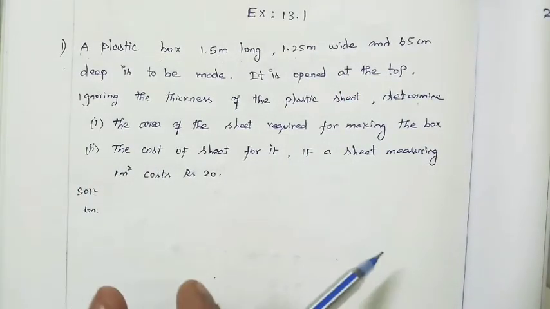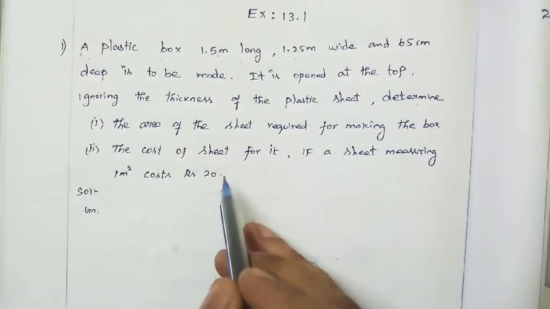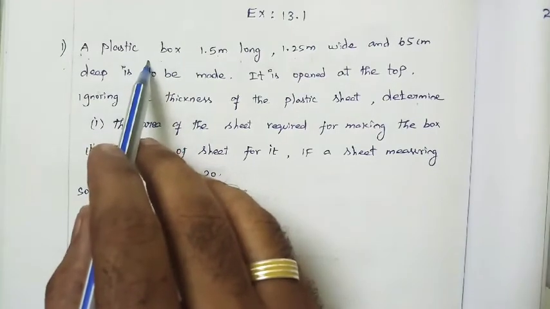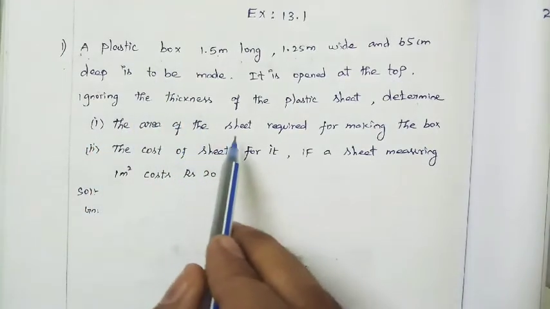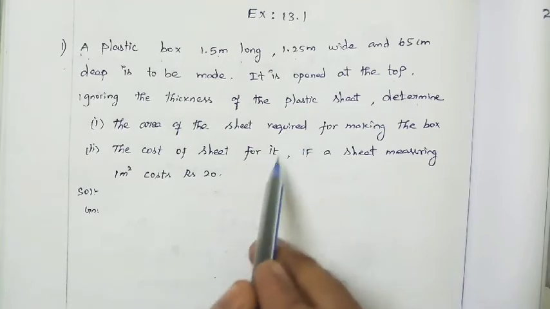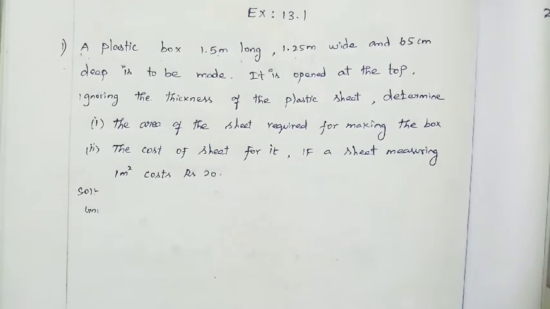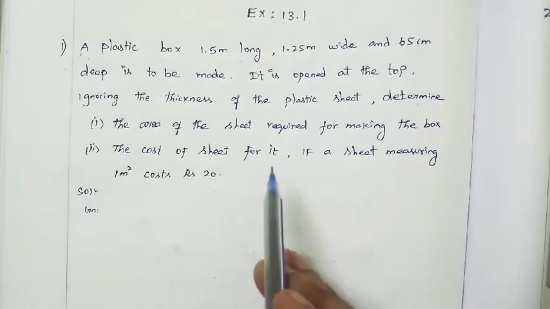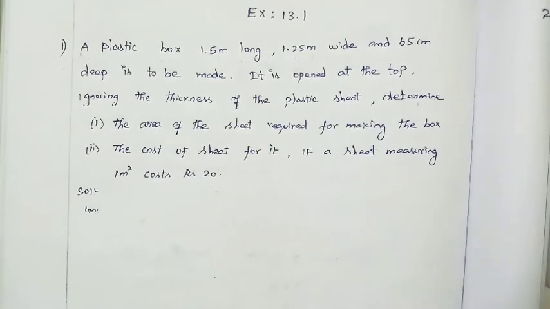So how do we want to find it? Simple. Surface area of a cuboid is equal to LSA of cuboid plus area of the bottom. What is the shape of the bottom? Rectangle, so the area of a rectangle. We know the formula of LSA of a cuboid, and we know the area of the bottom shape. We know the formulas.